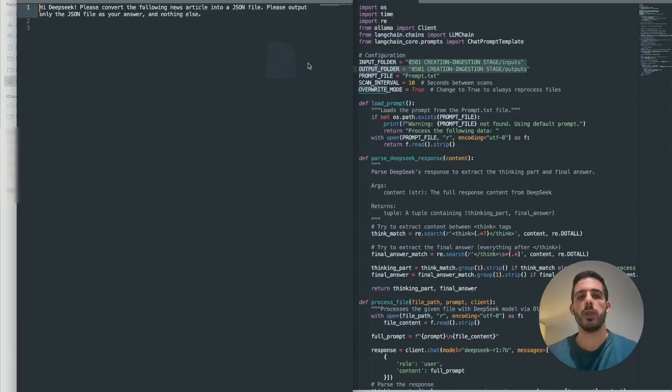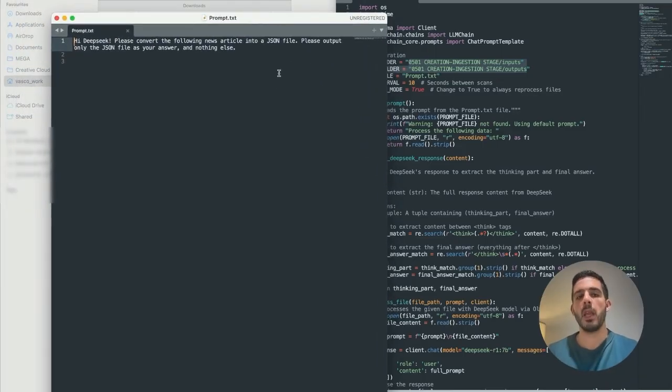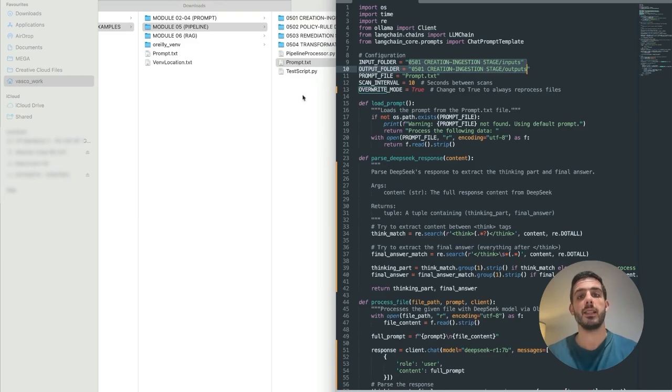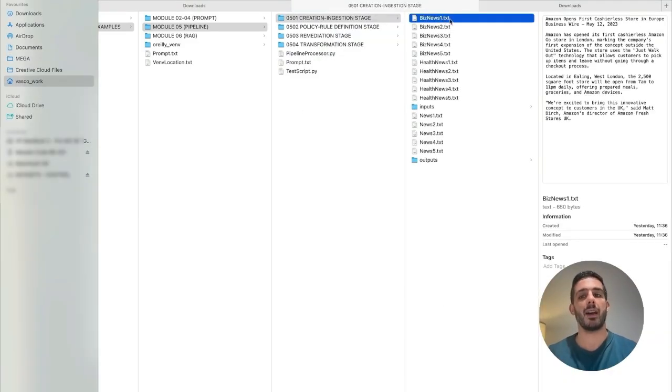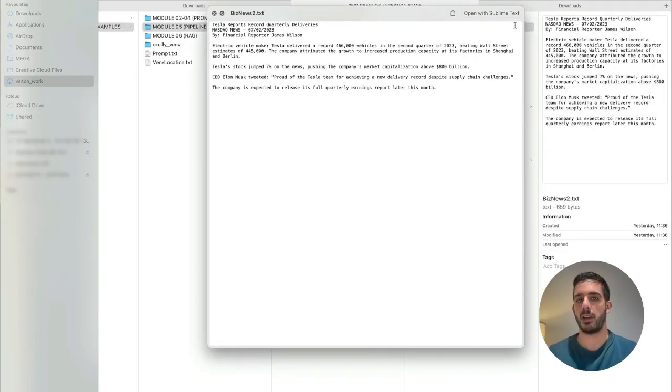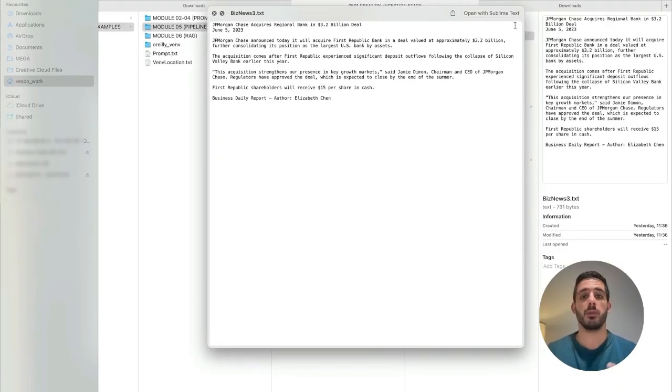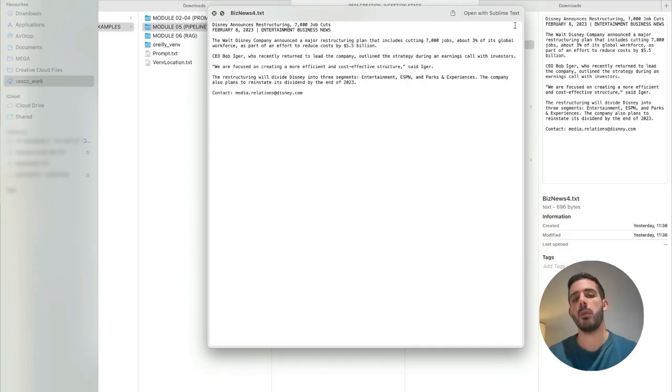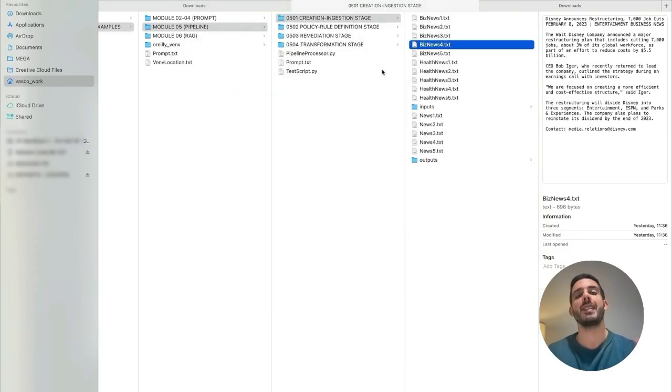And we are going to have this prompt file here, which I have already configured, but we can say something like, please convert the attached news file to a JSON format, right? Because in this example we are going to have a set of unstructured news files. Let's say that we are obtaining them from somewhere, maybe scraping them ethically, or obtaining them from some source in an unstructured manner, right? And what we want to do is standardize the structure of these news files